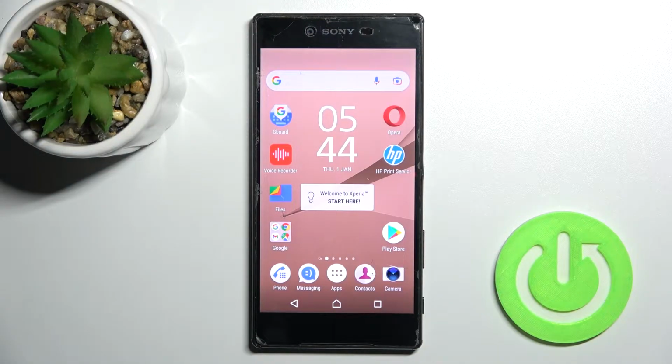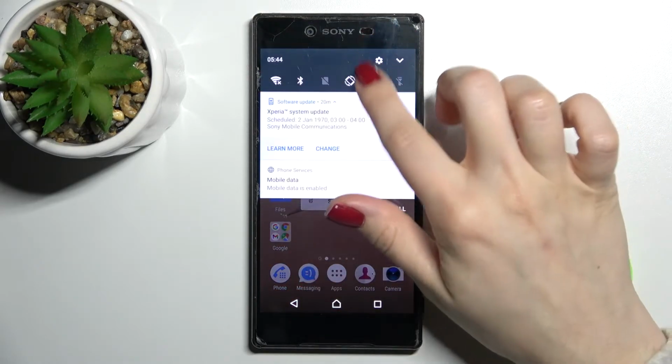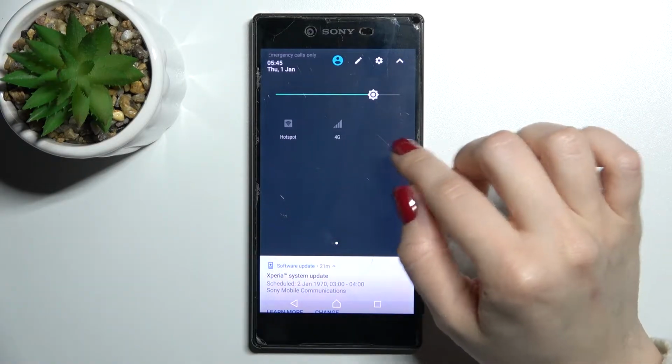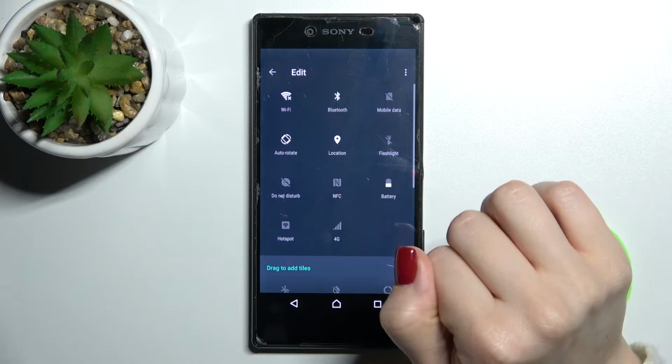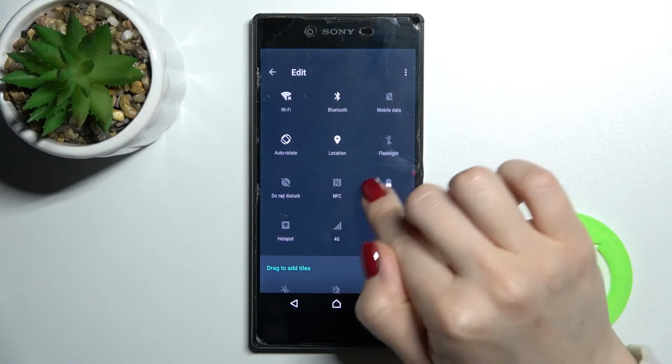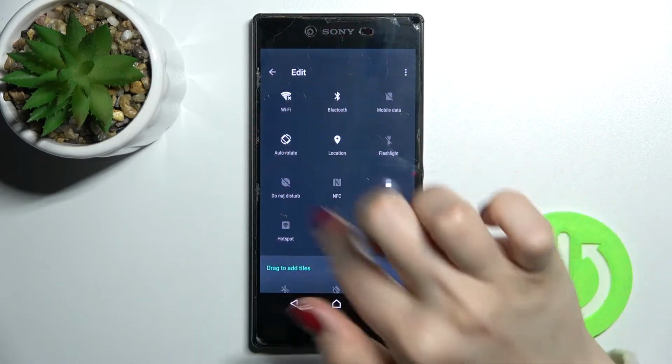Welcome. In front of me is the Sony Xperia Z5 Premium, and I'll show you how to edit notification panel shortcuts on this device. First, open your notification panel, and right there you'll see the edit icon. Tap here, and now, as you can see, we have all our visible icons on our notification